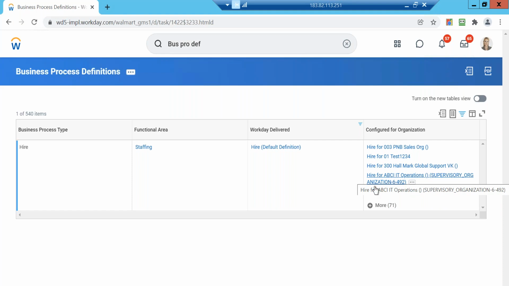So we have this particular default definition, and within this default definition we have so many custom business processes which have been created by users like us. So the 540 business processes that we see here indicate that with their help, we can create as many business processes as we want. And how do we create it? We create it with the help of